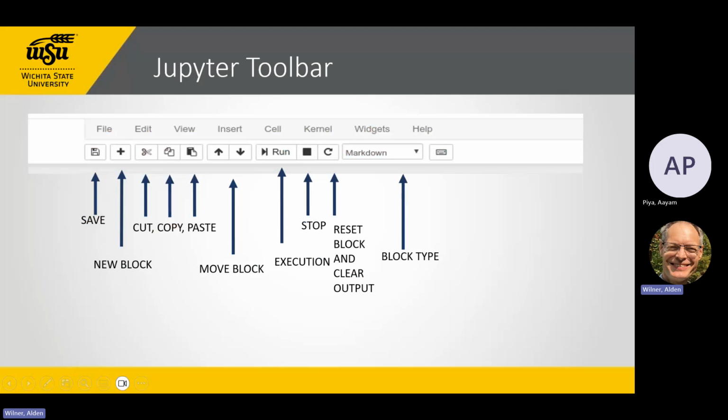Okay, Python, Jupyter, toolbar. We're going to use Jupyter in here. You're going to go out to Anaconda, and you're going to download